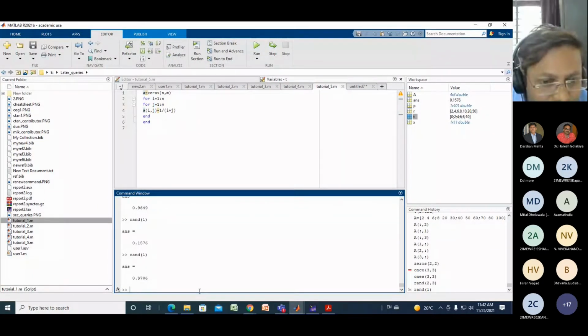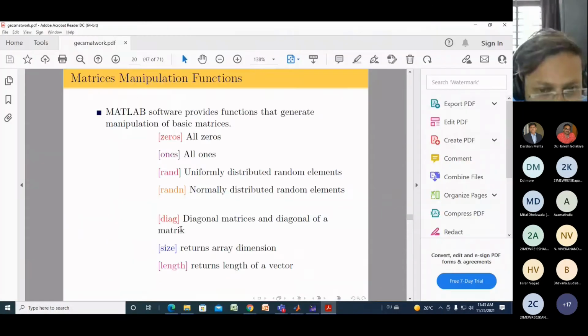So it is used for calculations. For example, if you want to work with some random generated number, at that time this function is very important. MATLAB has created this random function. Random function means every time it will generate a random number. In harmonics calculation we are using this random generator. So this will generate a random function. RAND is a uniformly distributed random number.